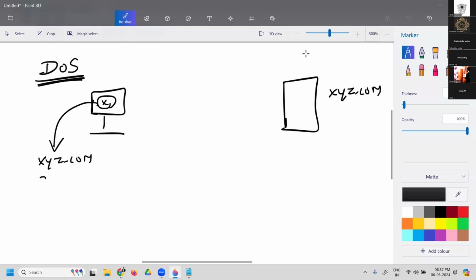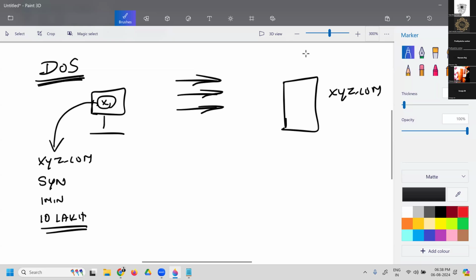And I'll say, okay, send SYN packets, means connection request packets. And in like 1 minute, send how many packets? I'll say send 10 lakh packets, 1 million packets. So this tool will send within 1 minute, 1 lakh packets. Now what happens to this server? The server's response will